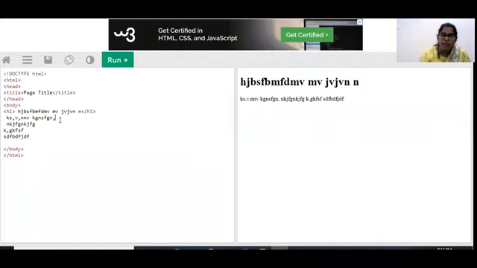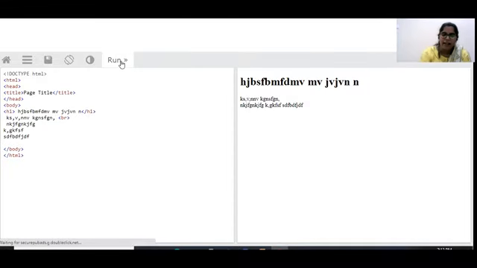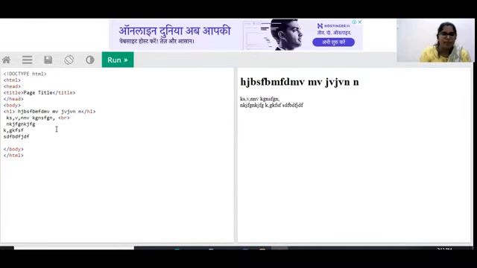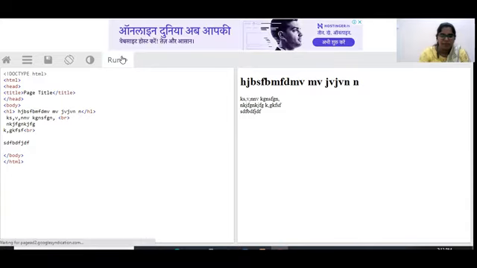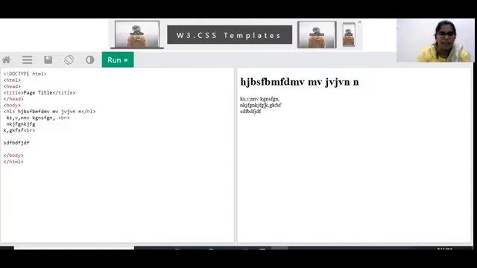So if you want to take them to the next line, what tag do we need to use? We need to use a BR tag, the break tag, which will break the line and take the content to the next line. So this is how a break will work.